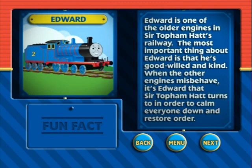Edward is one of the older engines in Sir Topham Hatt's railway. The most important thing about Edward is that he's good-willed and kind. When the other engines misbehave, it's Edward that Sir Topham Hatt turns to in order to calm everyone down and